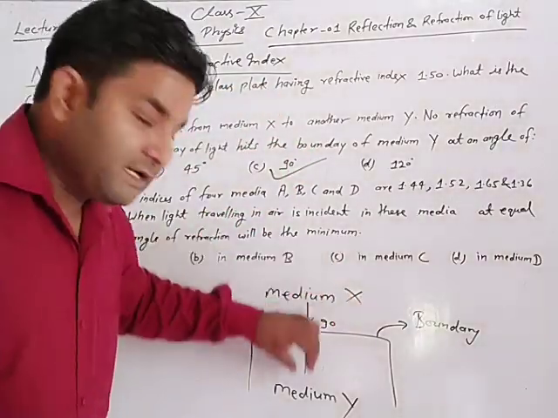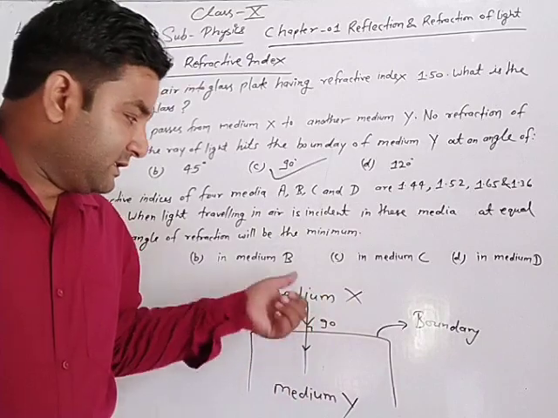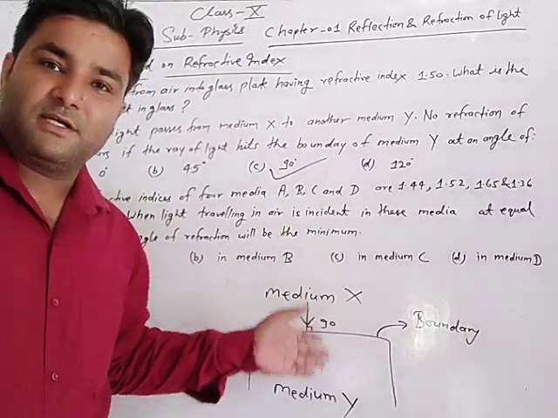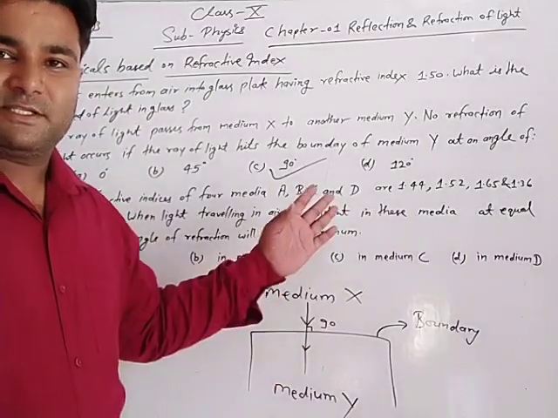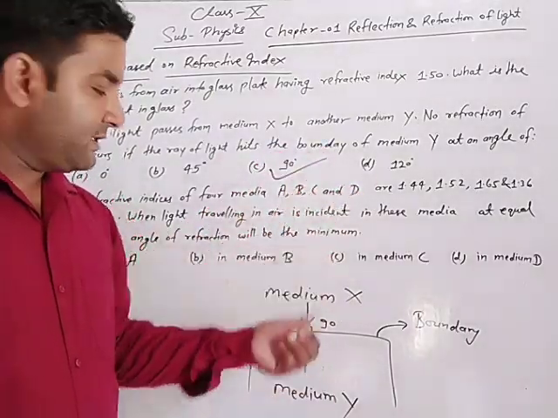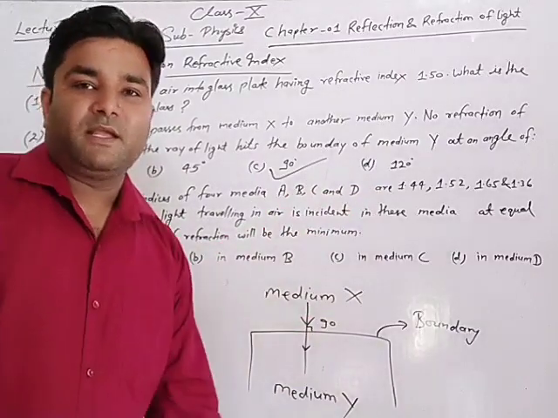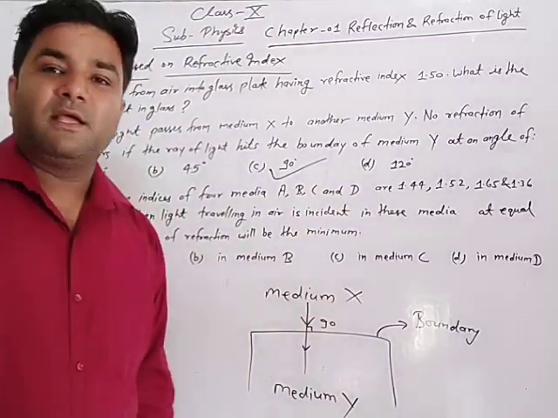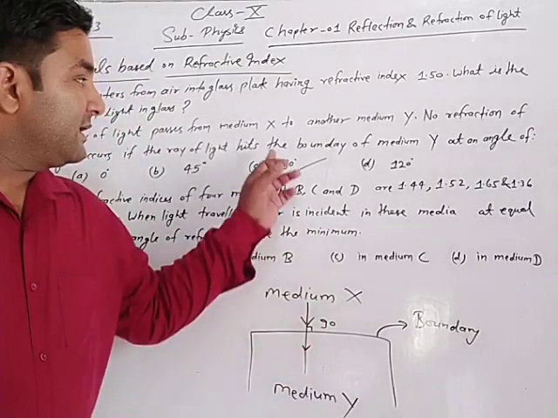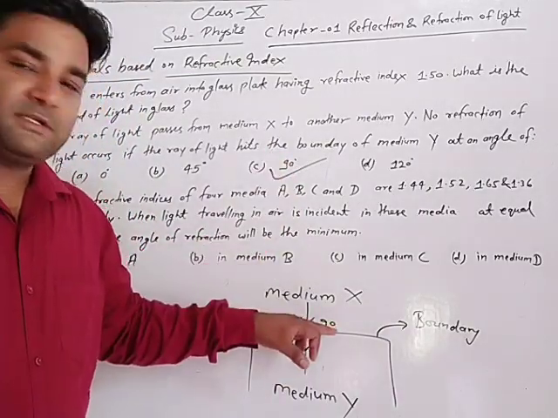Here the light ray hits the boundary at 90 degrees, but it makes an angle of 0 degrees with the normal. The question will change, and then the answer will change. The question is: at which angle is it hitting the boundary? Then the answer will be 90 degrees. If the question changes, you can solve it in that way, and the answer will also change, but here, hitting the boundary, the answer is 90.